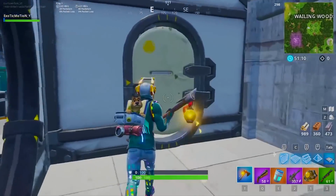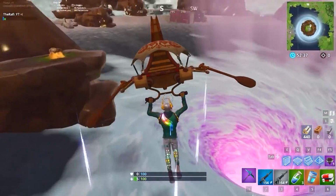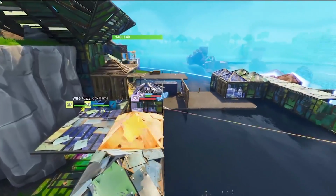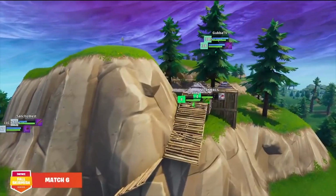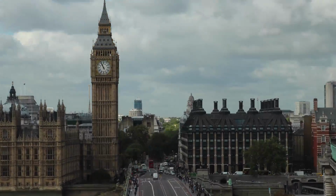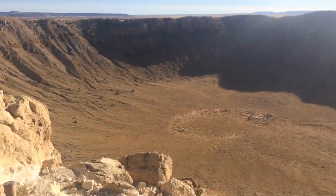The world of Fortnite Battle Royale is completely unique, unlike anything we've ever seen before, but not really. No matter how different the game looks, all of its beautiful locations have been inspired by real-life locations. There's a place in real life that's a spitting image of what's seen in the game,